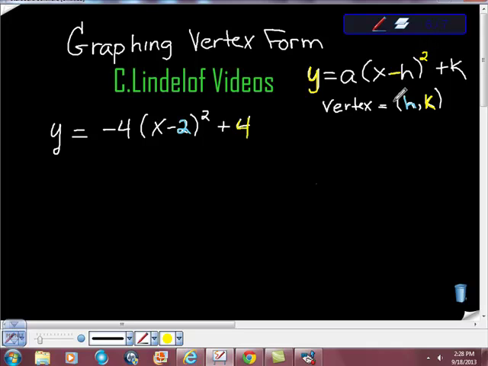What we can assume from this is that the vertex of our parabola is going to be the point (h, k). Most of it is really easy, just one little twist here. k is obviously k here, so in this case it's just 4. This is a positive 4. However, when we look for the h value,